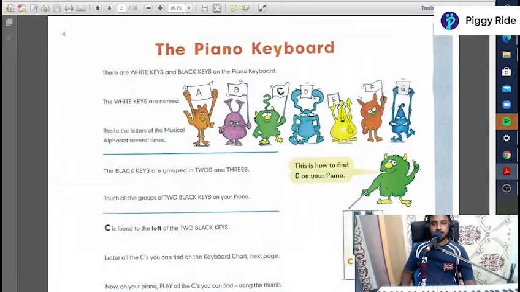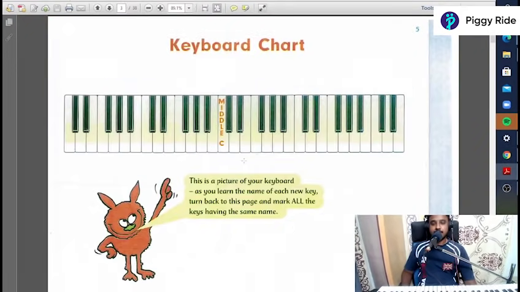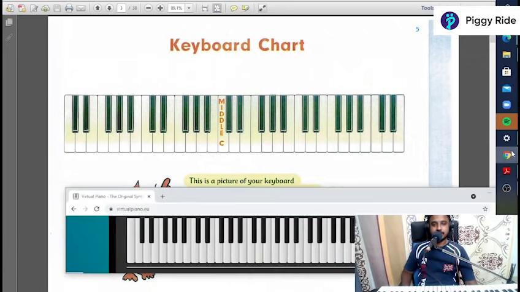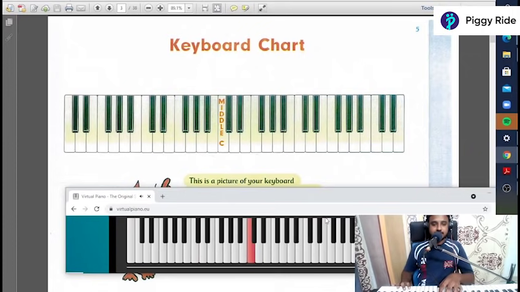So now we will see middle C. If we are taking a piano, the middle C will be the fourth C from the starting of the piano. And if we are taking the keyboard, the keyboard will have only a limited 5 octaves or 6 octaves. So at that time the middle C will be the third C in our keyboard. Now here I will play and show you the middle C. Yes, so this is the third C. This is the first C, second C, third C. So the third C is the middle C.